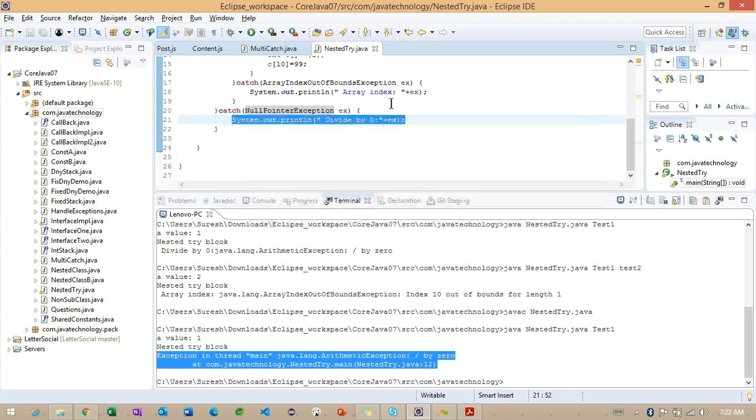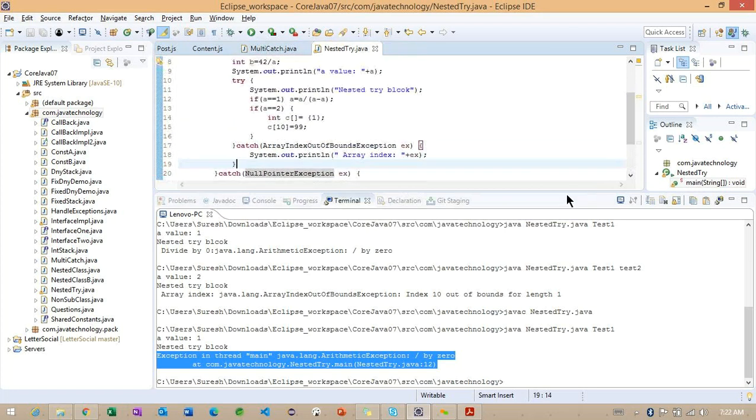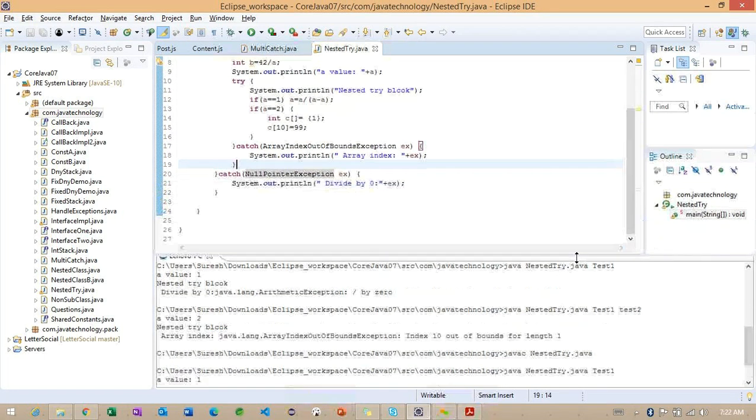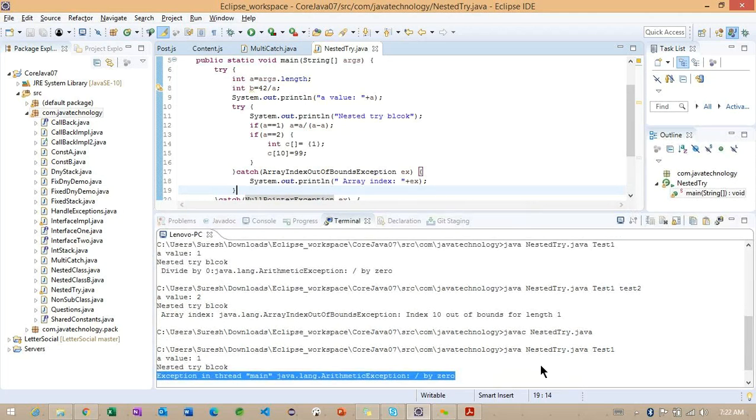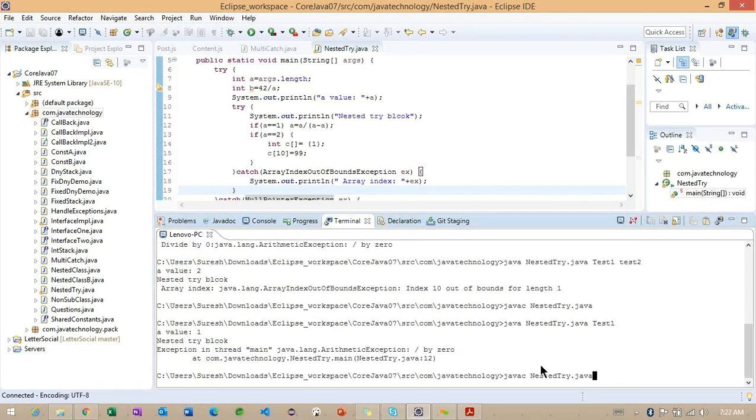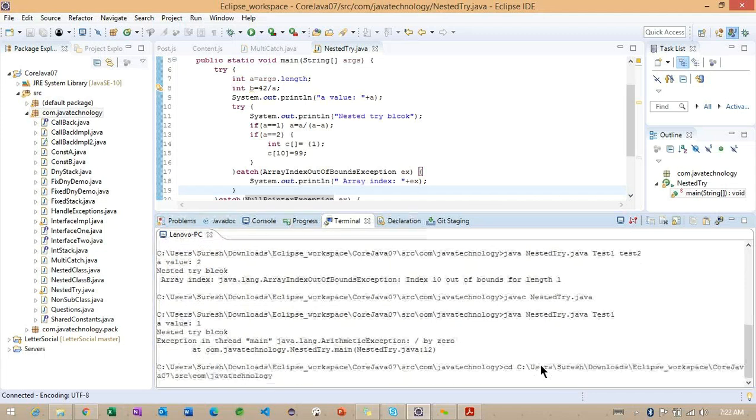Okay, any questions regarding the nested try block here? Now, carefully observe here.